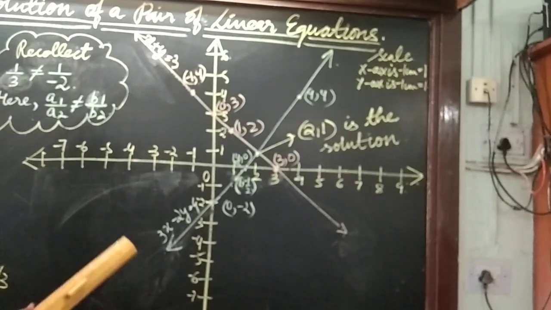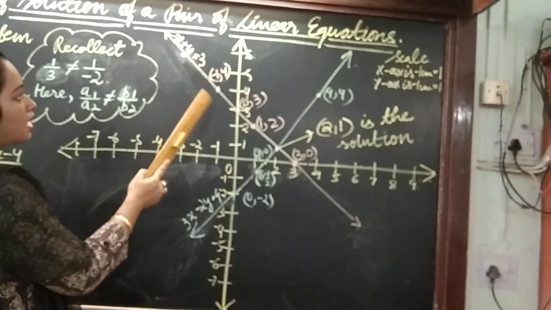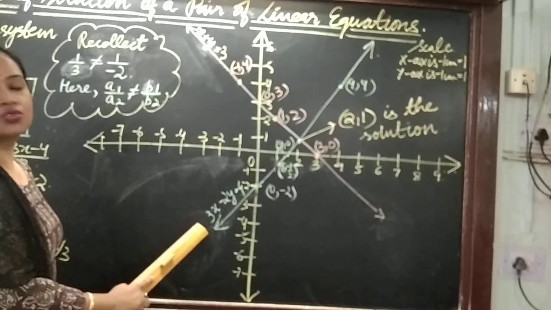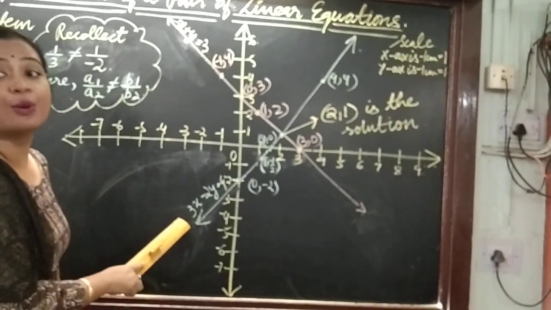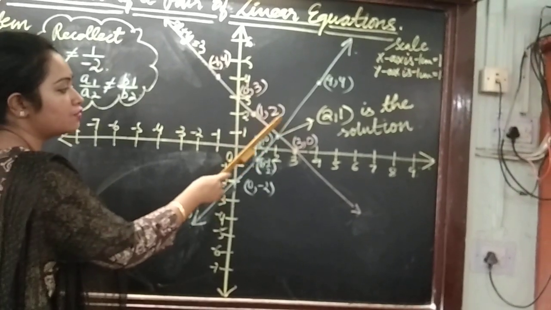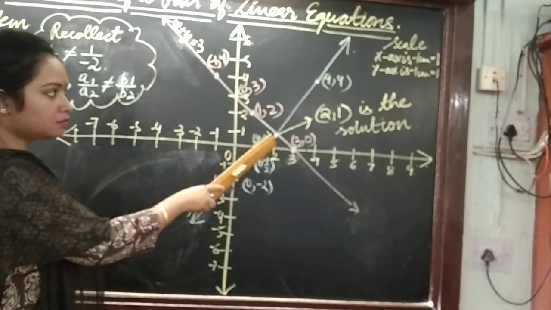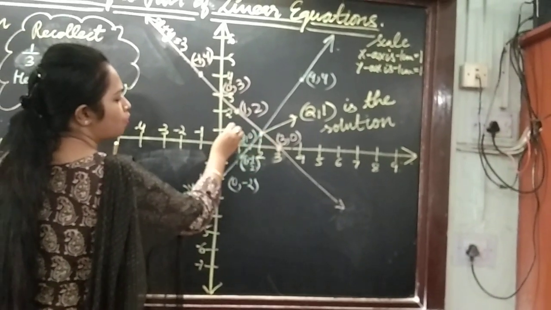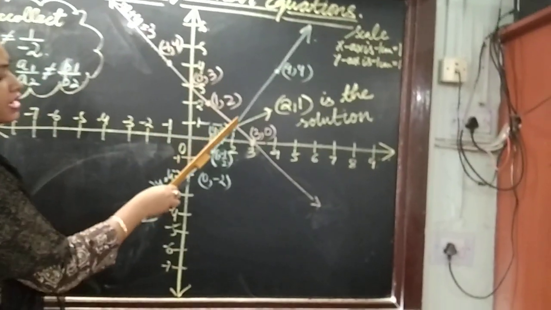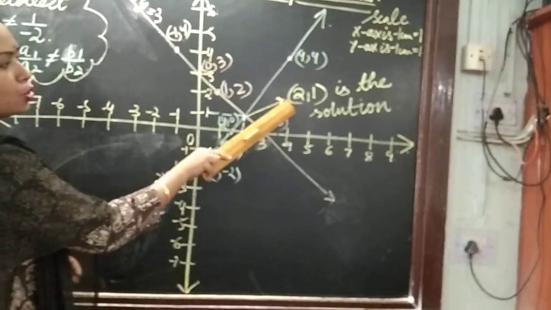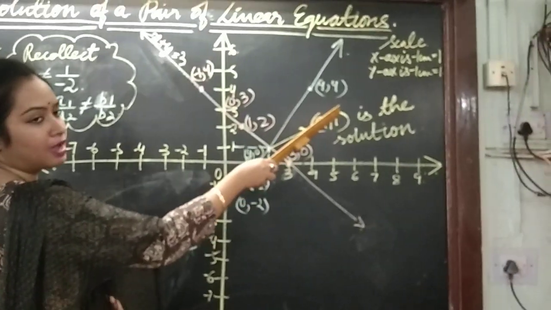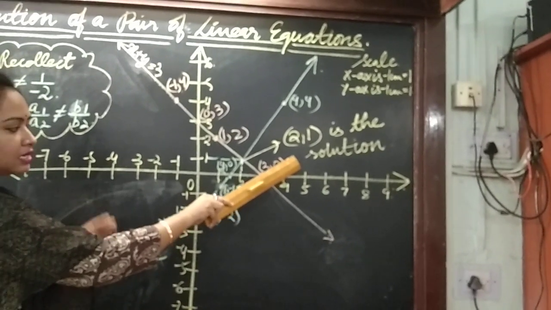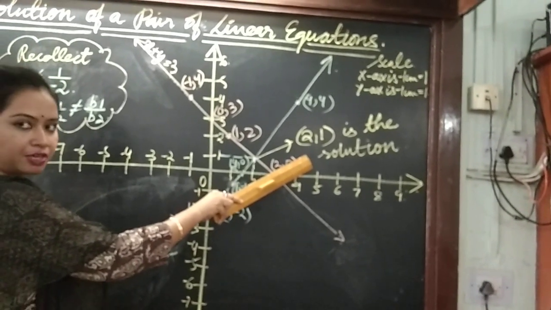Now the most important thing which has to be noted here is that the graphs x plus y equals 3 and 3x minus 2y equals 4 intersect at a particular point. Now this is what we call the solution of the equation. This point here happens to be 2 and 1. If you take a look, these two graphs are intersecting at this particular point. So 2, 1, that is x is 2 and y is 1, is the solution of such an equation. So these are the steps you need to follow to obtain a graphical solution.